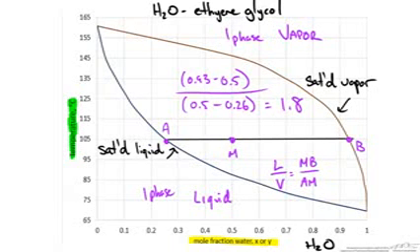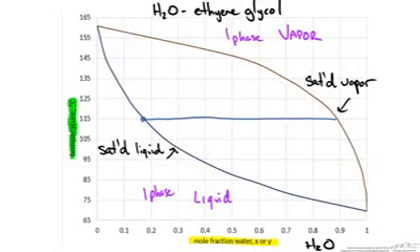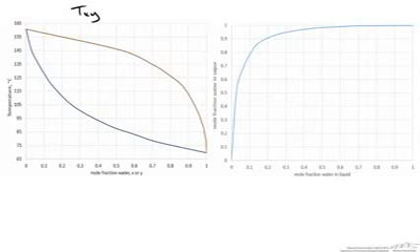However, when we start doing separation calculations like those in the McCabe-Thiele method, we want to use what's known as an XY diagram. If we draw our equilibrium tie lines and record both the X and Y composition, and we do this for a number of temperatures, then we'll generate a new plot that looks like the following. So on the left we have our TXY diagram, and on our right we have our XY diagram. On the x-axis is the mole fraction of water in the liquid, on the y-axis is the mole fraction in the vapor. And again, we get this because at any given temperature,